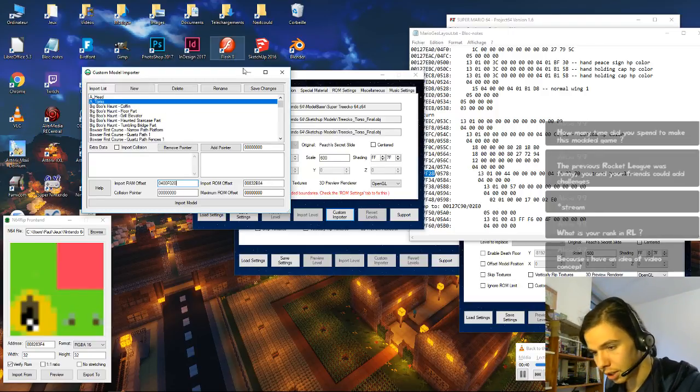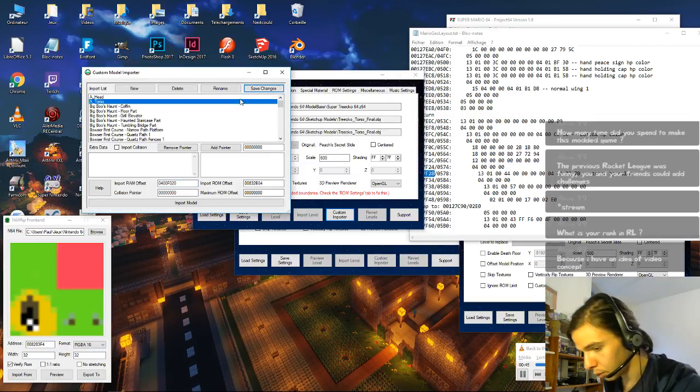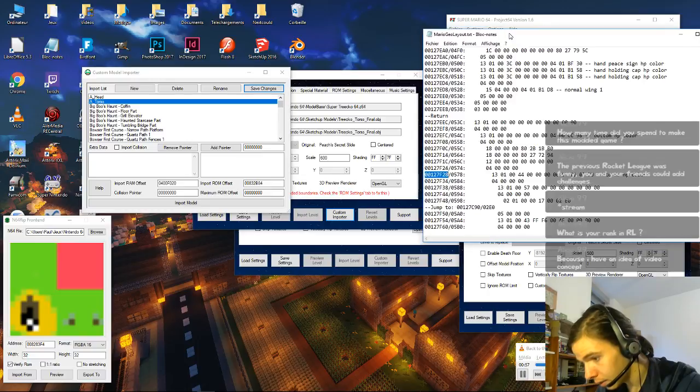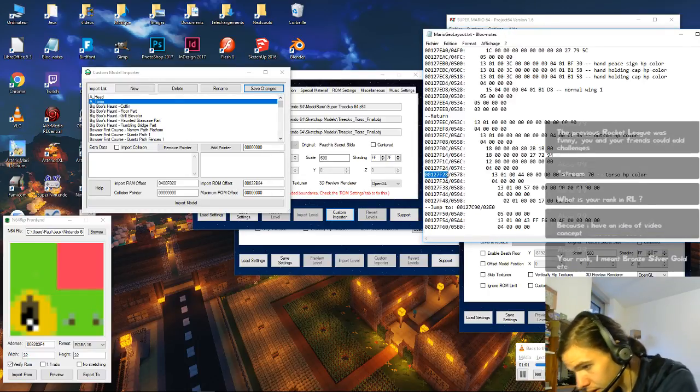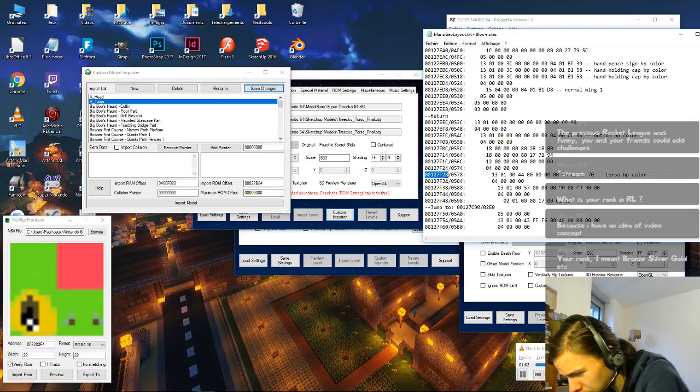Okay, save changes, just in case I lose it. And of course, no maximum RAM offset, we just give it no limit. And we need to add the pointers, of course. So the pointer is, it should not be, wait,